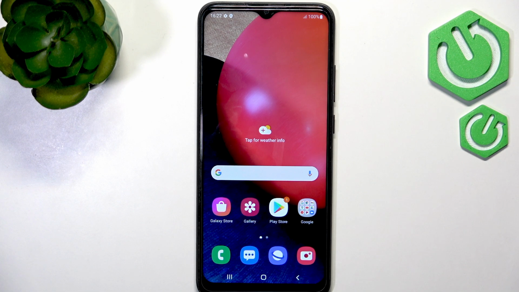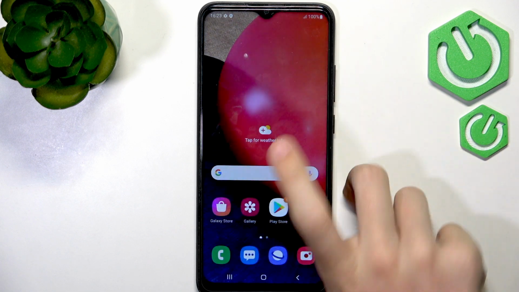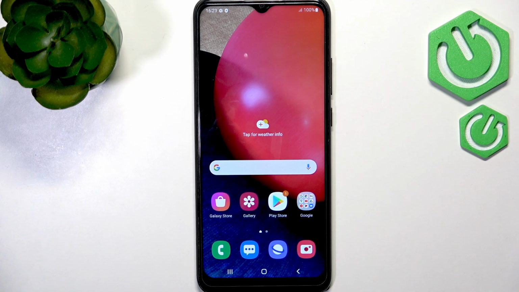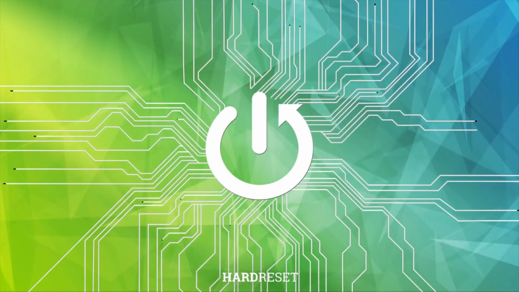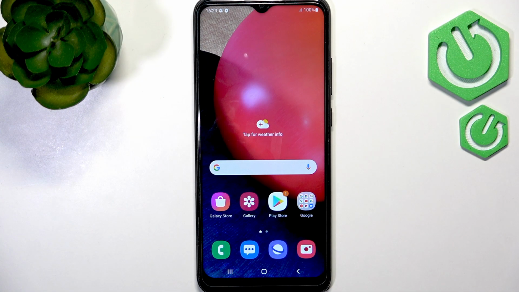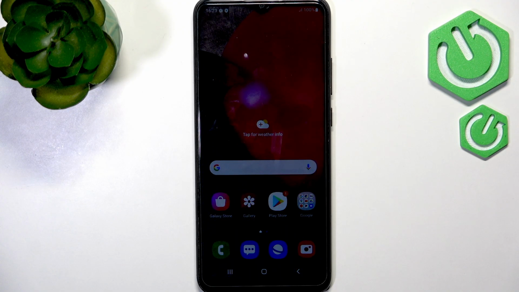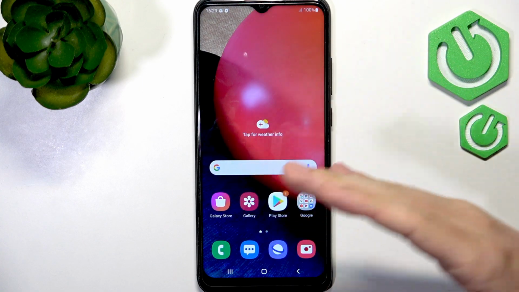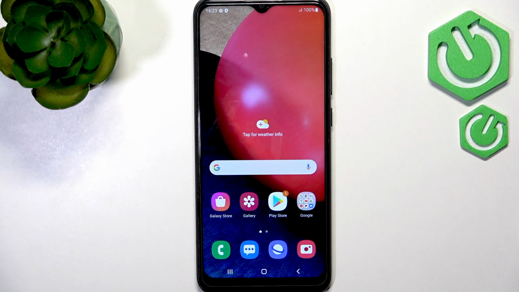Hello, in today's video I'll show you how to install a custom recovery mode on your Samsung Galaxy A02s. Okay, so let's begin. Before we begin, remember that doing so will erase all your data on the phone, so